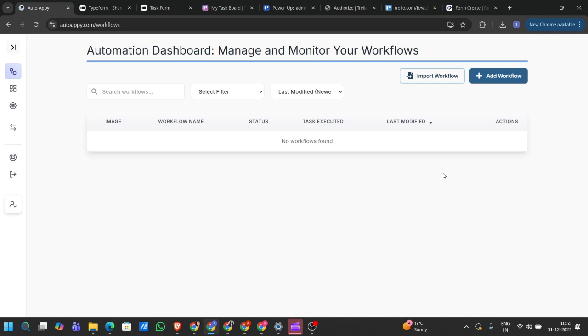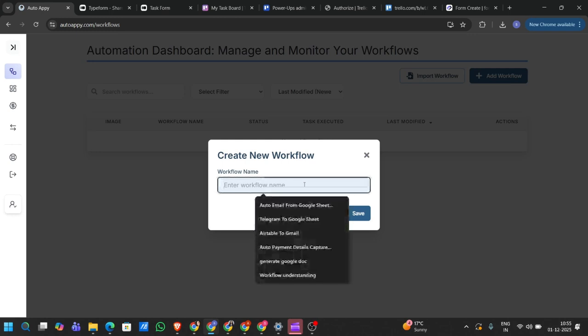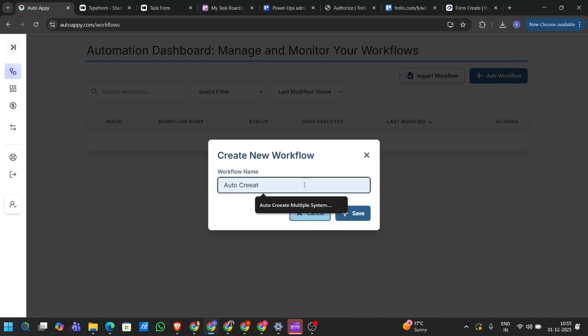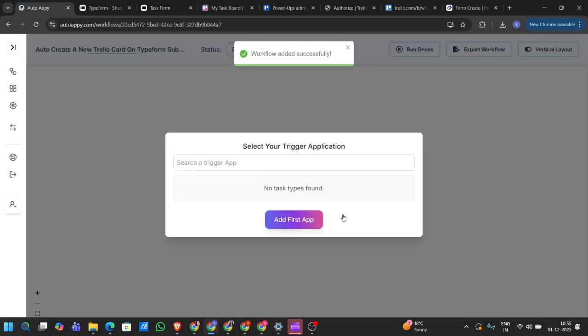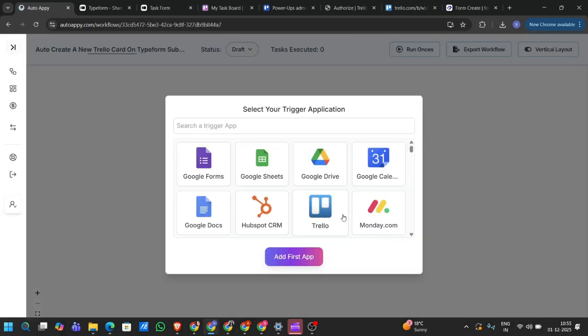So let's start with today's workflow. For that we will go to add workflow and give it a name as auto create a new Trello card on Typeform submission. And say save. So this will open up this kind of interface in front of you, which will prompt us